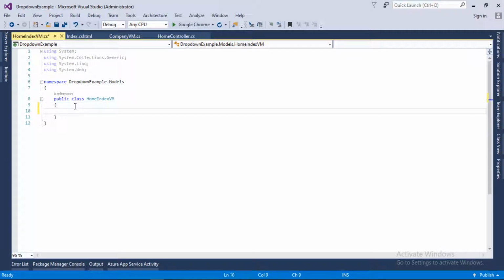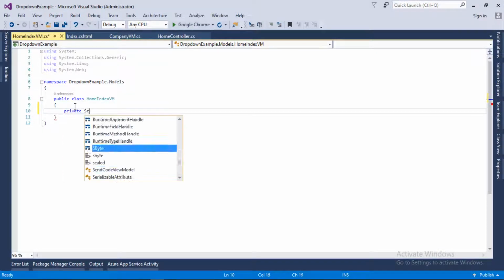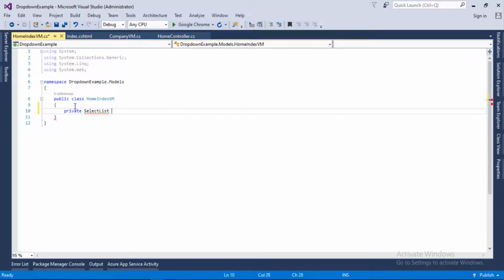Now we will create properties to render the drop down for our model approach. First of all, we will declare a private property, and it will be of type SelectList, and we will name it companySelectList, and let's provide get and set methods as well.